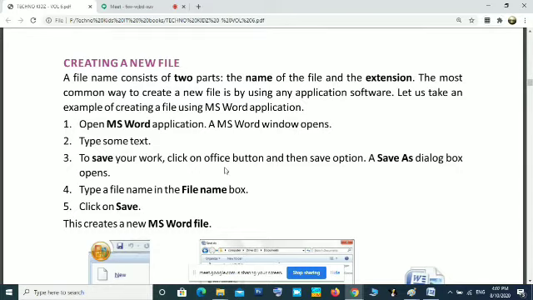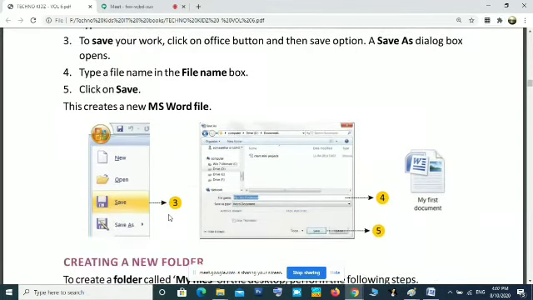To save your work, click on the Office button and then the Save option. A Save dialog box opens. Type a file name in the file name box and click Save. This creates a new MS Word file. I already showed you this example: I opened MS Word, typed ABCD, and saved it in the Documents folder with the file name ABCD. That example is in your textbook also.